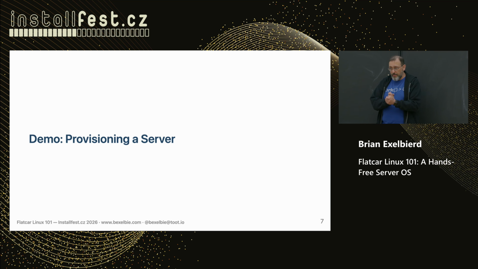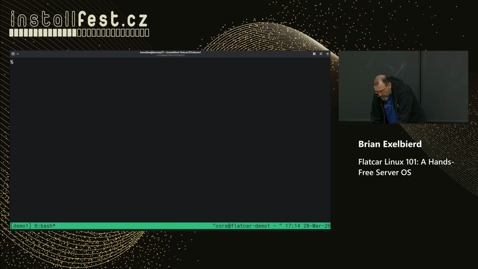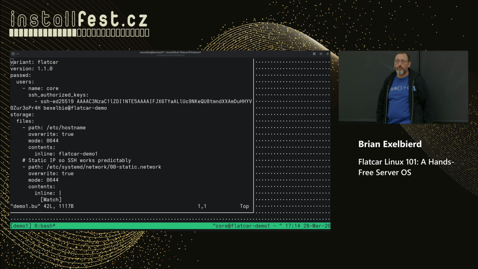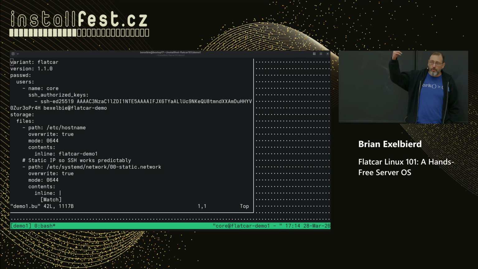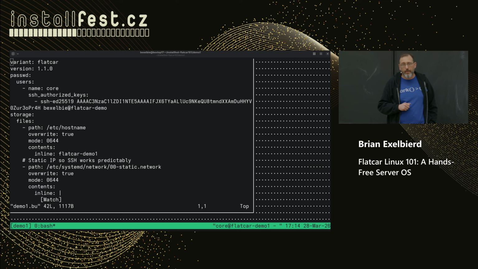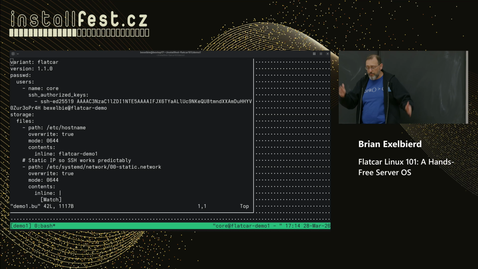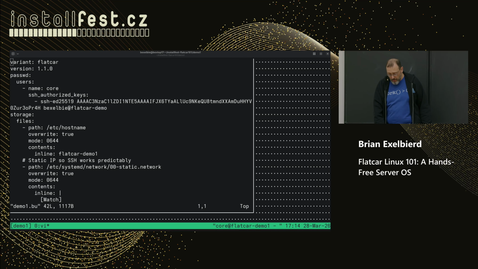So I'm going to try and do a demo right quick to show you some of this. Let's see if this works. Where am I? Woohoo! Okay. So this is what the butane YAML files look like. There's two things that look like boilerplate at the top, and that's just saying we're butane for Flatcar, and we're using this version of butane. I've set an SSH key for the user so that I can log in.